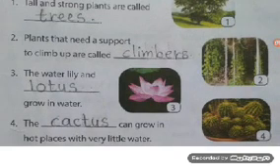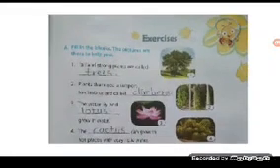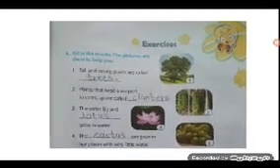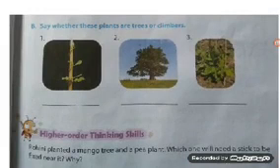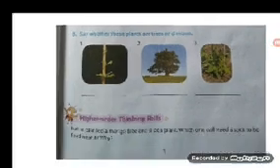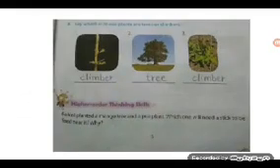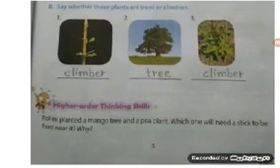Children, you can see this in the lesson also. Correct? So this was the upper part of page number 5. Now let us go to the lower part and first read it. What is given? Say whether these plants are trees or climbers. We have to observe the picture, recognize it, and write whether it is a climber or a tree. Okay. Now let us go to the answers. See, these are the answers.